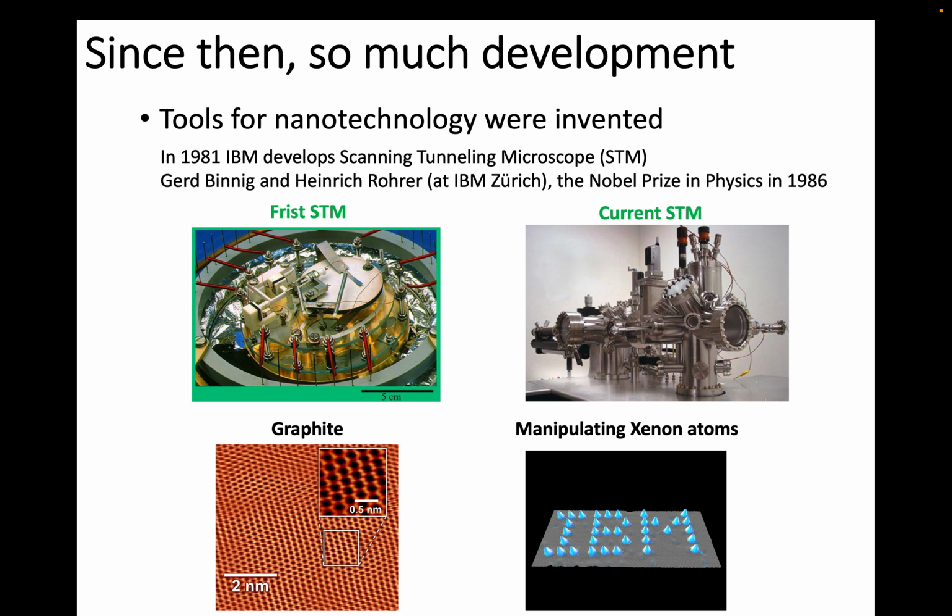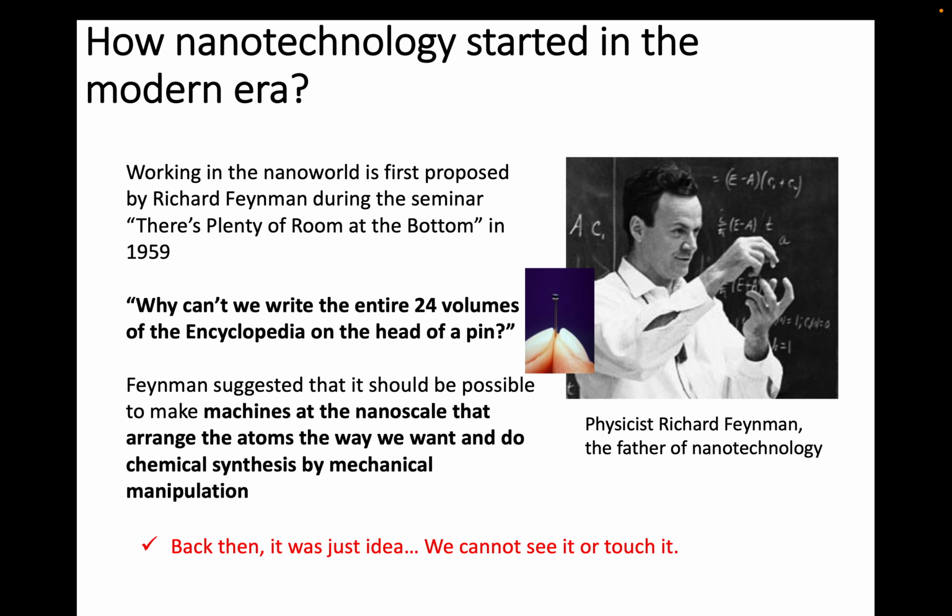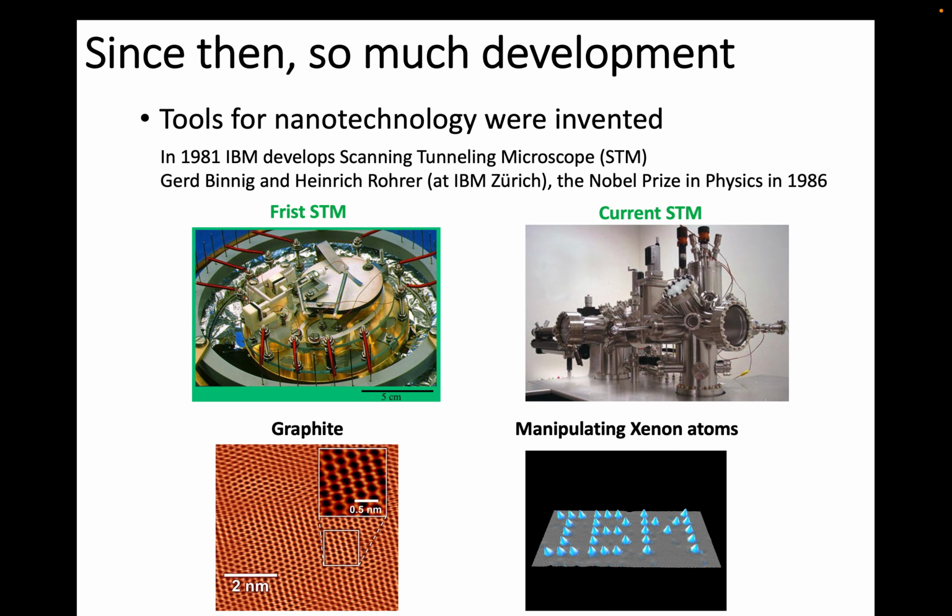Not long after, in 1981, okay, that is about 22 years later, IBM developed the scanning tunneling microscope. Okay, this is also called STM. And because of this tool, these two developers, Gerd Binnig and Heinrich Rohrer, got the Nobel Prize in physics in 1986. Okay, and this is actually interesting, because look at this: in 1981 the tool was developed, but the developers got the Nobel Prize just 5 years later.